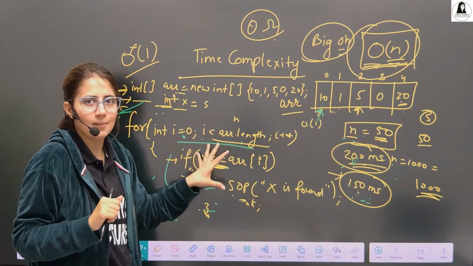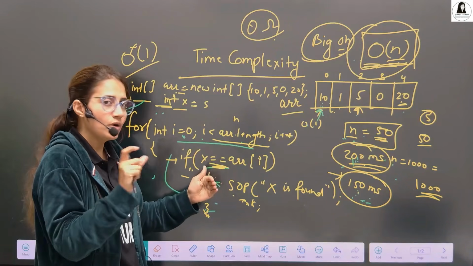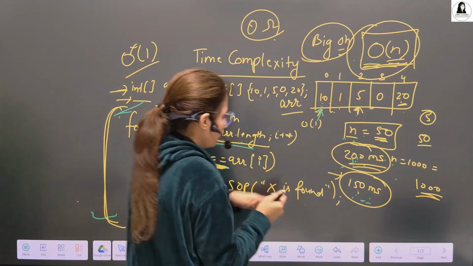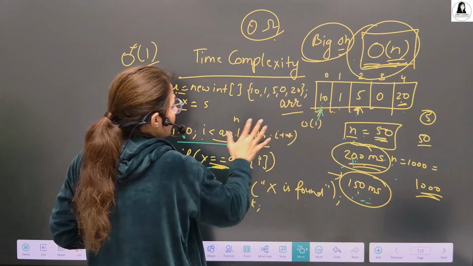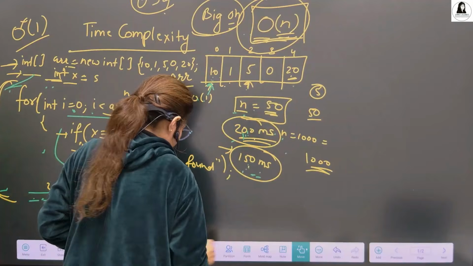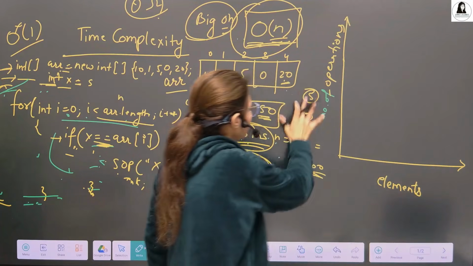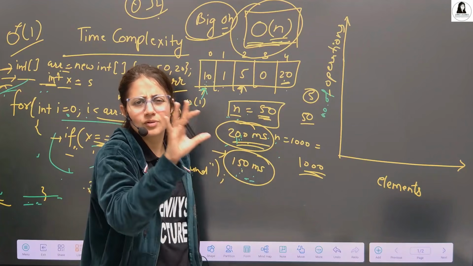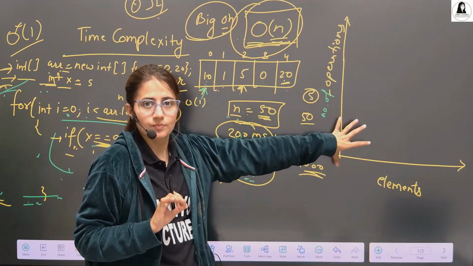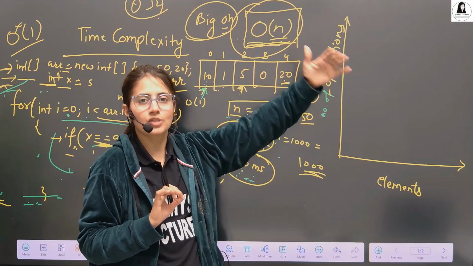This is how we find time complexity if any code is given. We will see many practical examples in the next video. I'll give you the code and you have to find the time complexity. Don't worry. But here you have to understand what time complexity is. If I draw the graph of this, suppose this is linear time complexity, the graph is between the number of elements and the number of operations, the number of comparisons. It gives you the relationship between these two, how the number of operations grows with the input size.